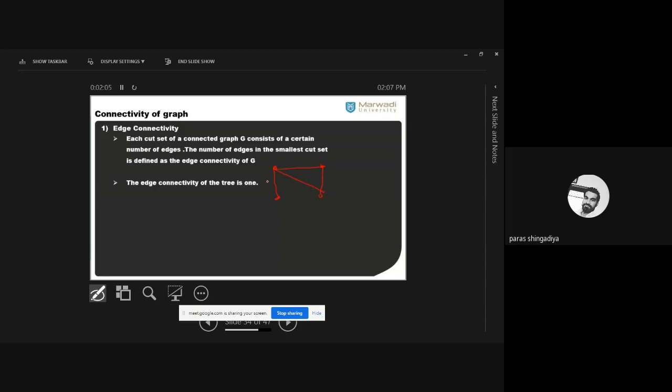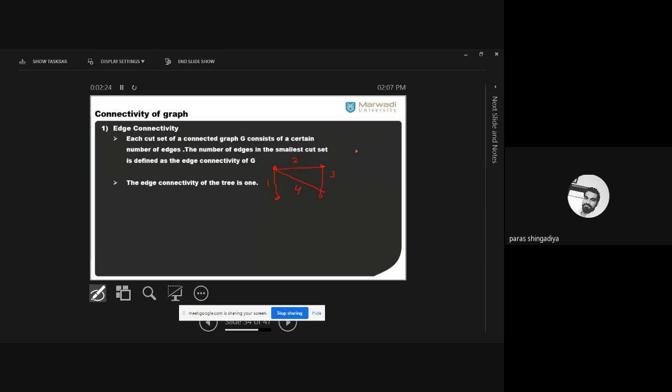These are the graph edge notations, that is 1, 2, 3, and 4. Okay, 4 edges are there. And now, first step, we'll check all possible cut sets. ठीक है, पहले हम क्या करेंगे, इसके सभी cut set identify करेंगे. ठीक है, you can also find the direct answer, but let us use this process. So, list of the cut sets.